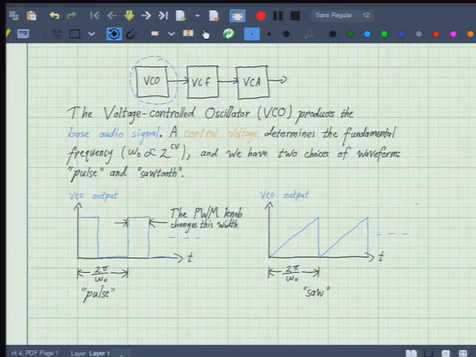But what this block does is it basically produces periodic waveforms, right? It oscillates, and those are going to be the basis of any sound that comes out of the synthesizer. It's going to start in the voltage-controlled oscillator, the VCO here. And it'll get processed by the other modules, so it won't just come out of there, but it starts here.